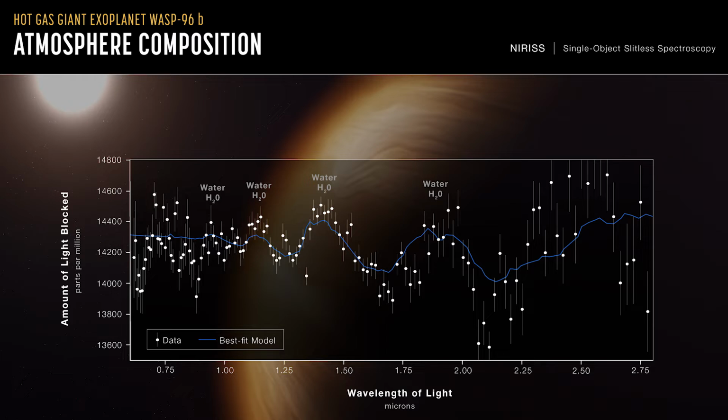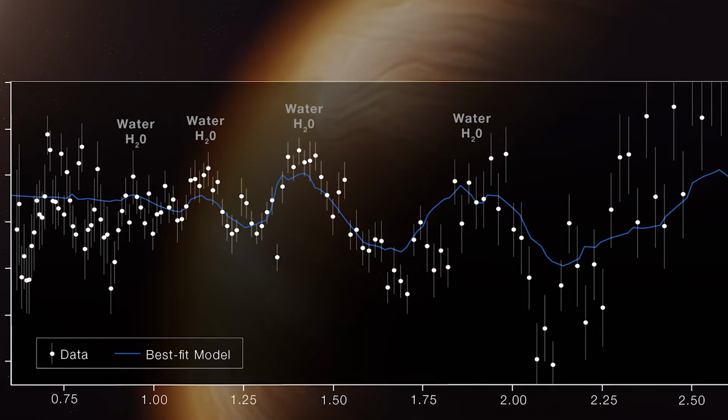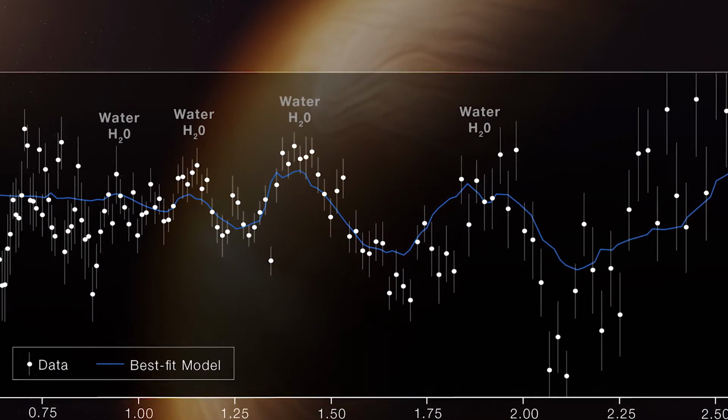And by looking at the spectrum of the light coming from this planet, basically the spectrograph allows you to split the light into its constituents. And by looking at the various absorption lines, you can determine what compounds or elements were present in the atmosphere of that planet. And what we can see from this graph is that the planet has water, clouds, and haze